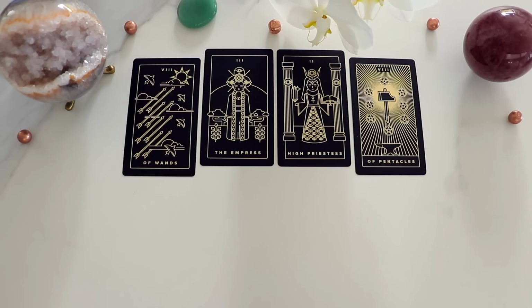You are very good at reading the emotions in other people, and usually highly creative people are really good at that anyway. And all of us have a degree of psychic ability. Some of us are more developed than others, depending on how often we utilize that muscle. For you, I'm seeing that you have a very developed intuition because you tend to use it a lot. You tend to feel around empathically towards others, and that way you know how to interact with them. So another one of your gifts is being able to read a room really well, and also being able to read people very well. When it comes to their body language or subtle things within their voice, or even if you're not even talking to them, you can almost feel their energy